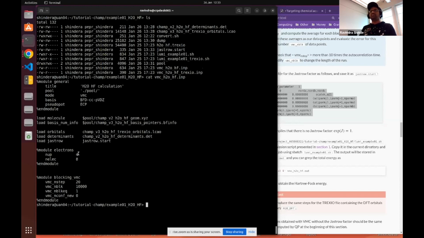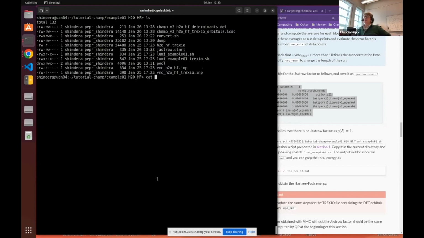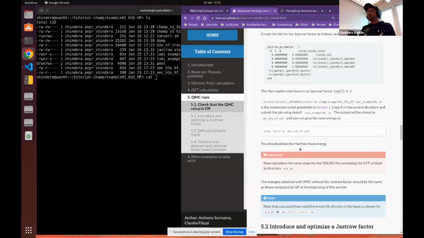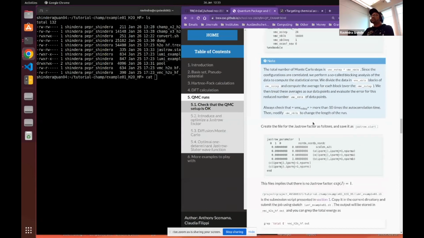So total number of electrons, total number of up electrons, and these are the VMC n step and number of blocks. Ravinder, tell them what blocks and steps are. Okay. So in a Monte Carlo calculation, you can do a VMC calculation in one block.